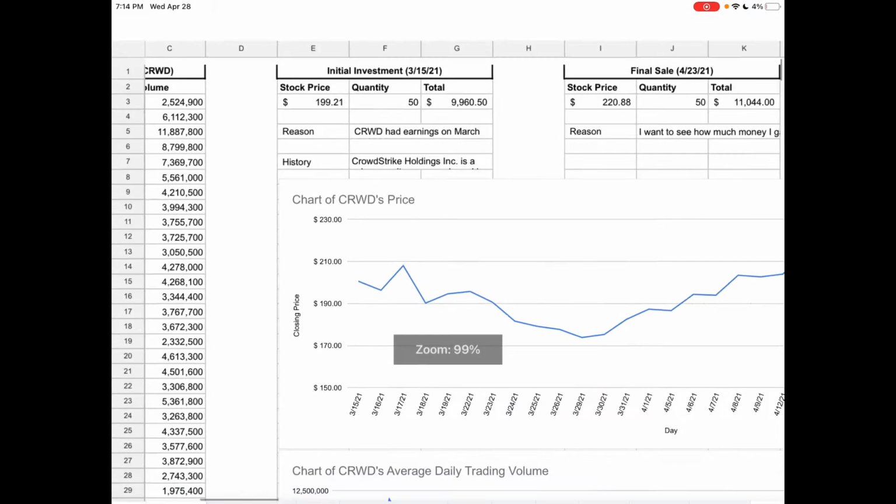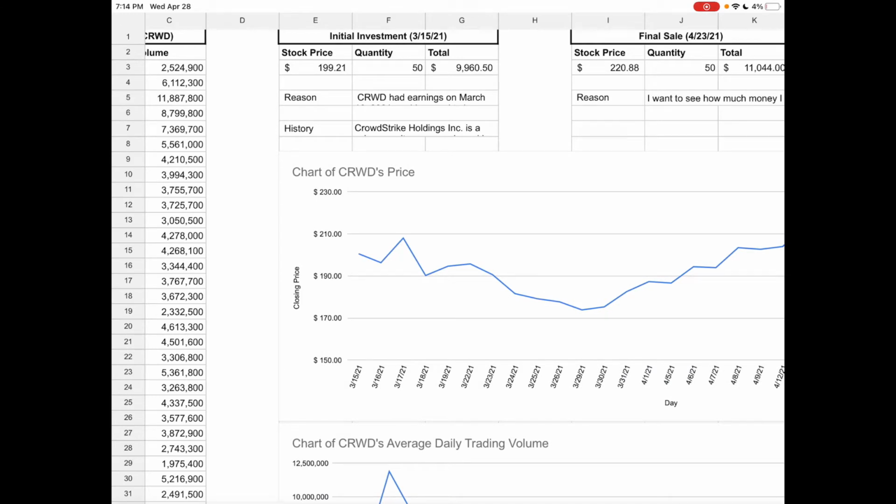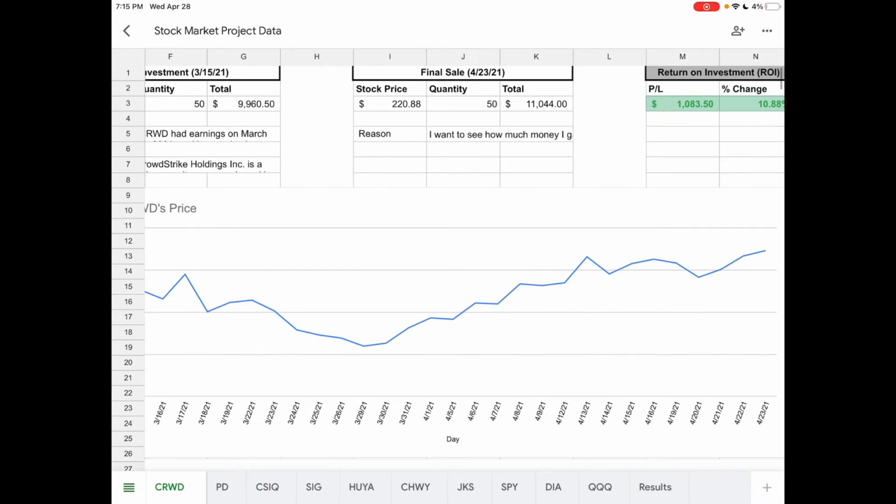On March 15th, I did a market order to buy 50 shares of CRWD, and my order was filled at $199.21. So it was a total of $9,960.50. There are several other types of orders, but a market order is an order to buy or sell a stock immediately at the next best available price. On April 23rd, I did a market order to sell 50 shares of CRWD, and my order was filled at $220.88. So it was a total of